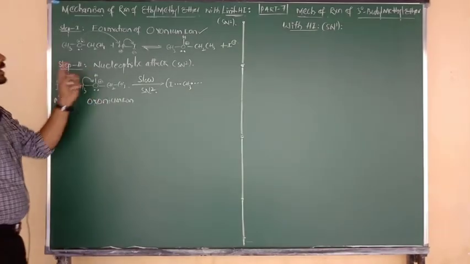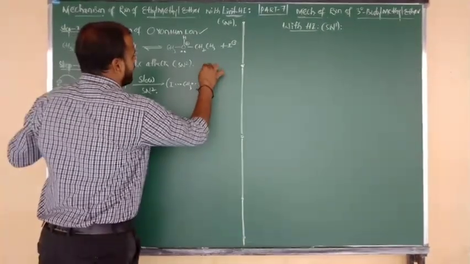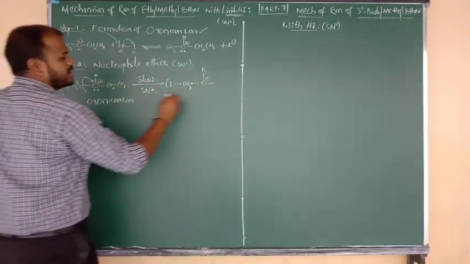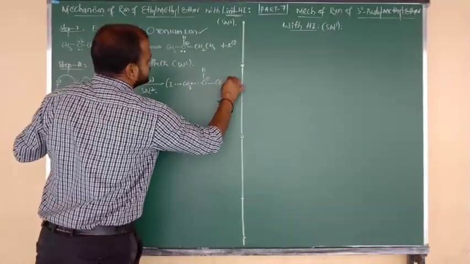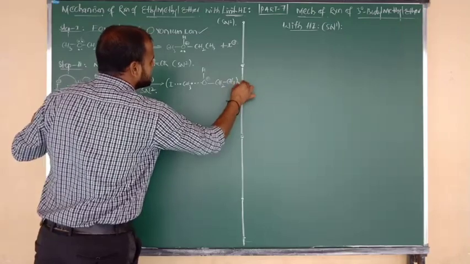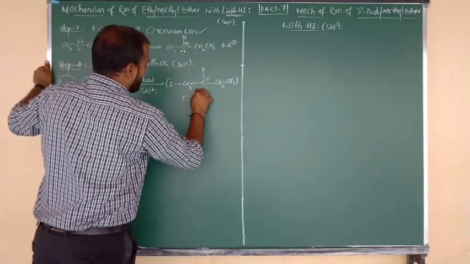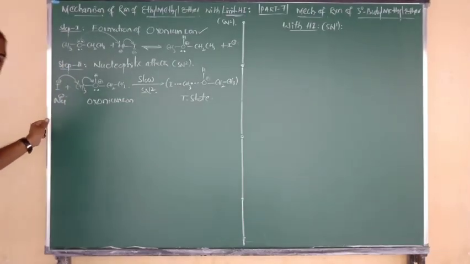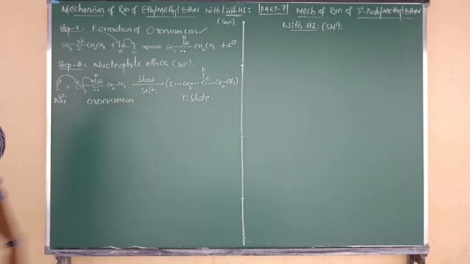And here O is connected above the plane, same thing. H contains the positive charge. Again, on the right side it is connected to the groups CH2 and CH3. Simply we can say this is known as the transition state. A highly unstable transition state will be formed in an SN2 mechanism.